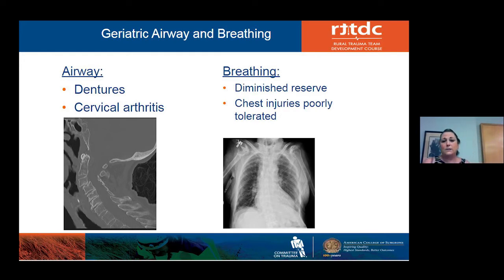So the rib fractures themselves in a geriatric patient who already has a poor reserve with their breathing secondary to COPD, and then you add some pain on top of it, trying to control their pain in a person who's never had narcotics before. They're unable to take a deep breath. They're going to end up with more complications from that, 1 to 2 rib fractures, let alone multiple rib fractures